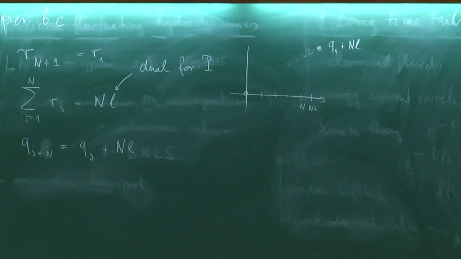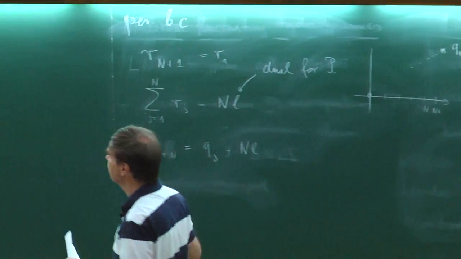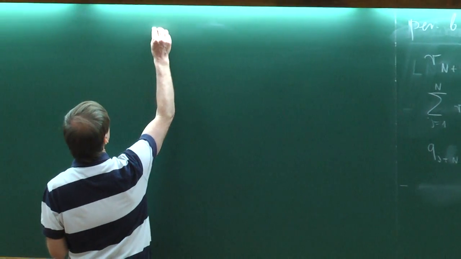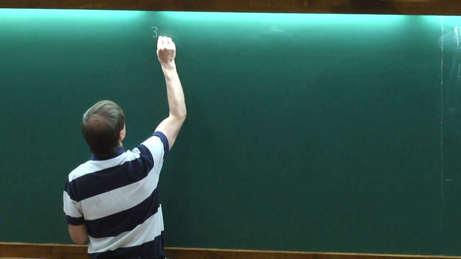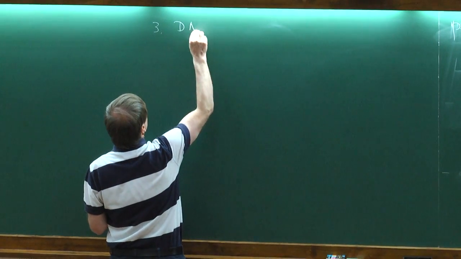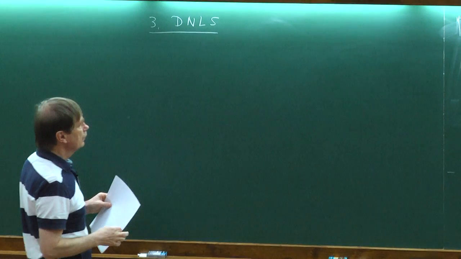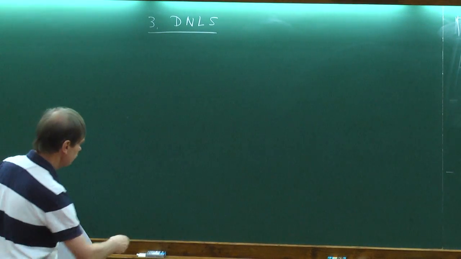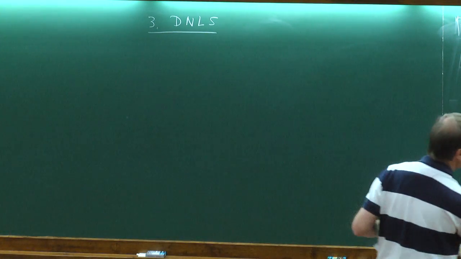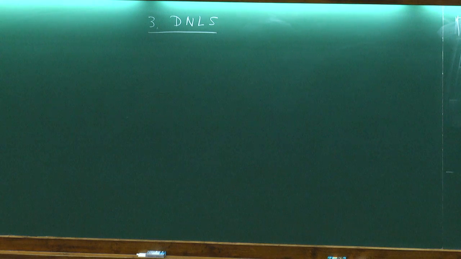So I want to briefly introduce the other system. Maybe I don't do it in that much detail, it's not really needed, but I want to keep this as a contrast. So here is a discrete nonlinear Schrödinger equation. Sorry, such a long blackboard. Let me erase rather than shifting outwards.